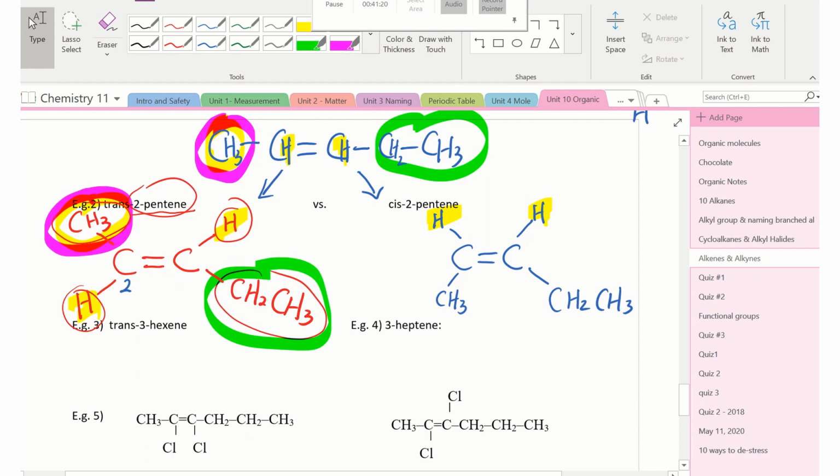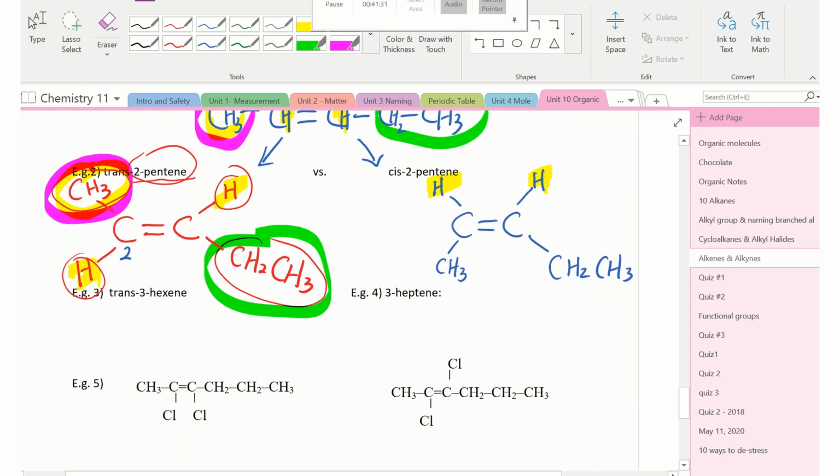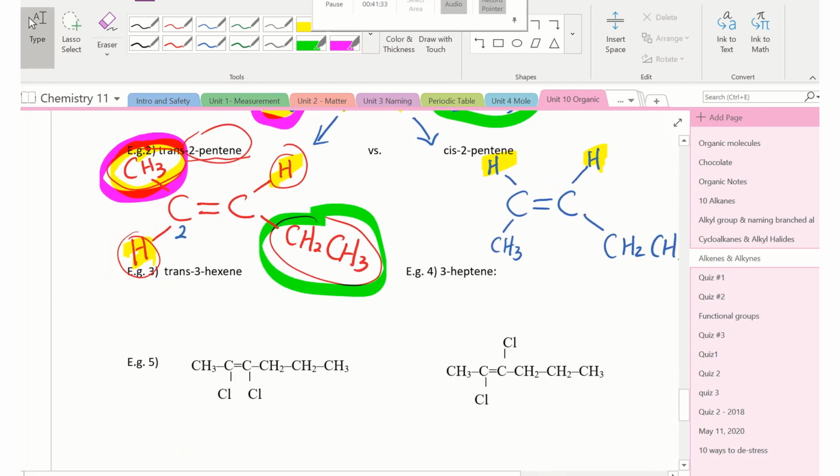If you didn't get it, try rewinding the video and listen to what I just said again. Okay, so cis is on the same side, trans is on the opposite side. Okay, so give it a try. I will try this number 3 with you as well. Trans 3